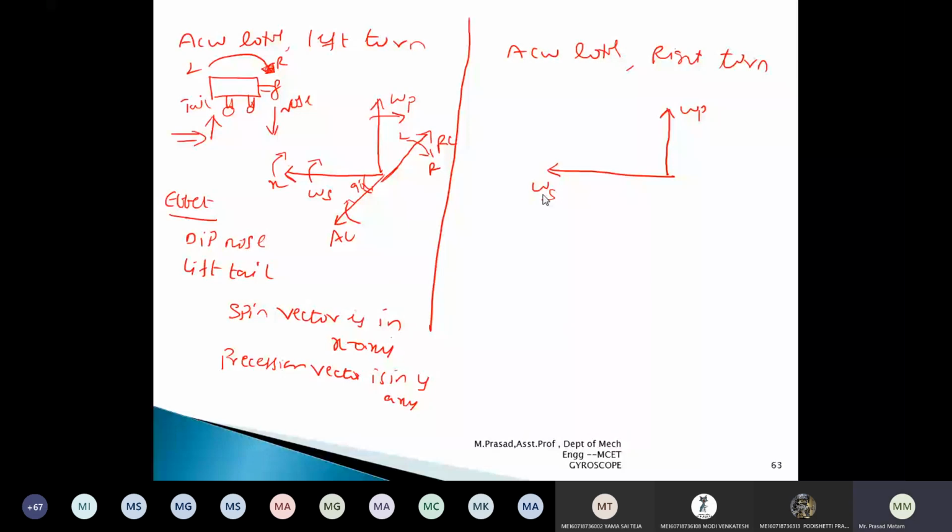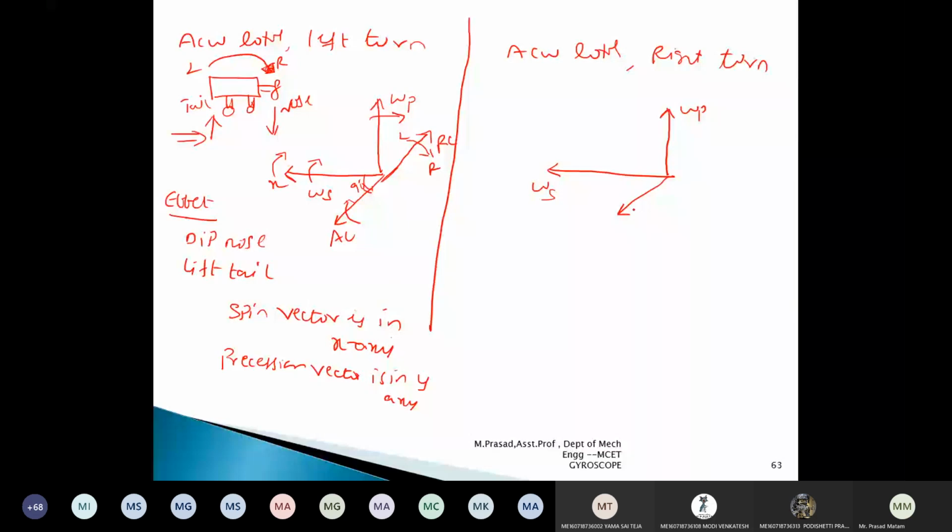You can use your thumb, point finger and middle finger. Use the right hand thumb rule and see where the middle finger is coming. You can experience it yourself. So the thumb is pointing upwards, and apart from the thumb, the point finger is moving towards the negative x-axis. And where the z-axis is coming, it is pointing towards me. Using the right hand thumb rule, the z-axis is coming at this point, which is pointing towards me.